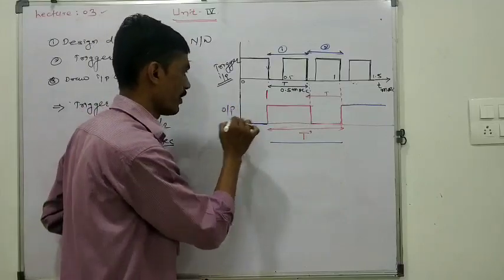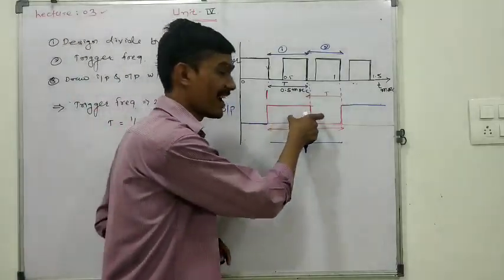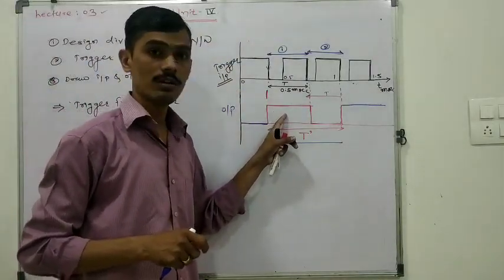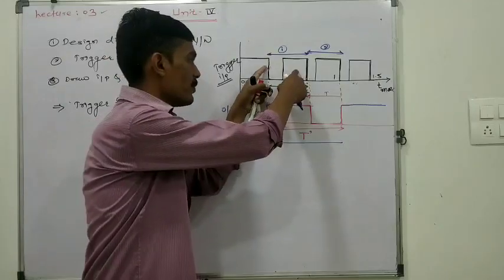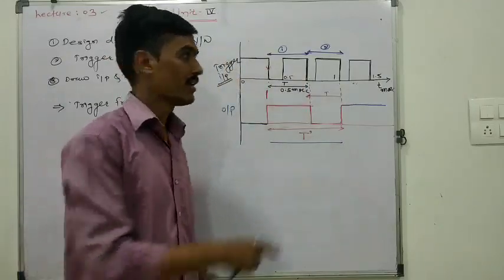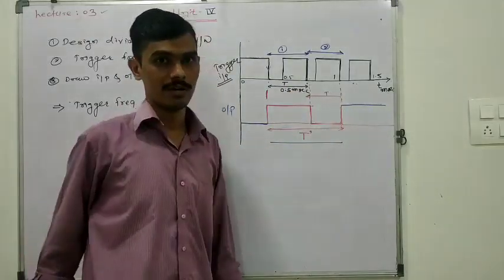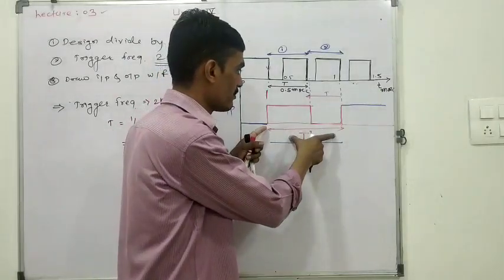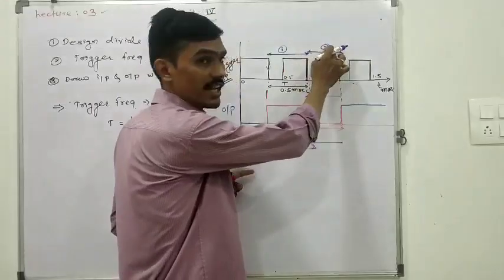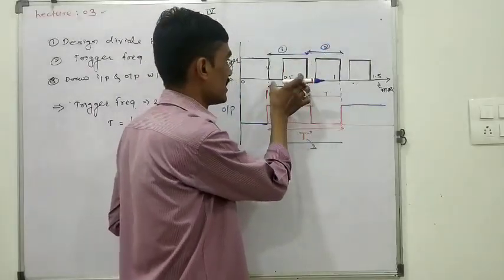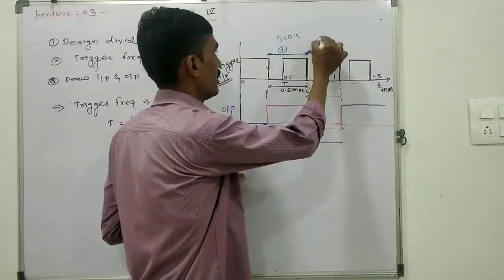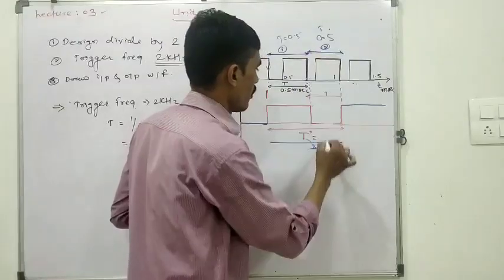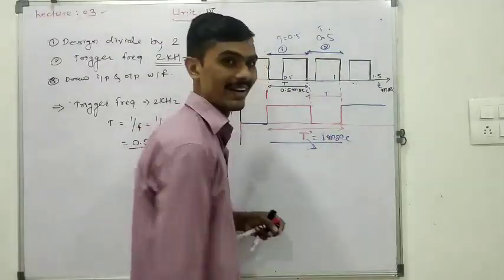This is the output waveform obtained at pin number 3, which we require at the monostable multivibrator output. That is what we have to carry out during the design. So this is the input trigger wave and this is the output wave that we have to obtain through the monostable multivibrator. Now if you want to calculate the frequency, this time is nothing but twice t. Twice t means this is t. This t is 0.5 millisecond, and this t is 0.5 millisecond. So this time is 1 millisecond.